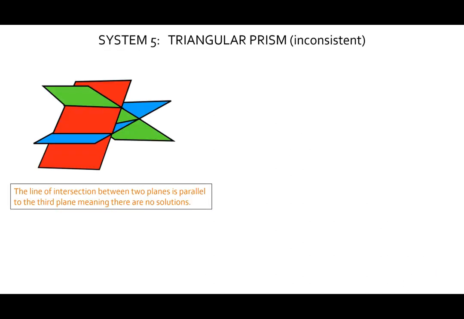How do we recognize this inconsistent system? By looking at our equations here, you might recognize that we could add these 2 together to almost match up with the third equation. We can see that the x coefficients do match up, so do the y, so do the z, but not the constant term. If they did match up, it would be an infinite solution system, which we saw in an earlier video, where the coefficients and the constants match up perfectly. However, because this is not 7, where there would be a perfect infinite solution, because it's 10, it means that